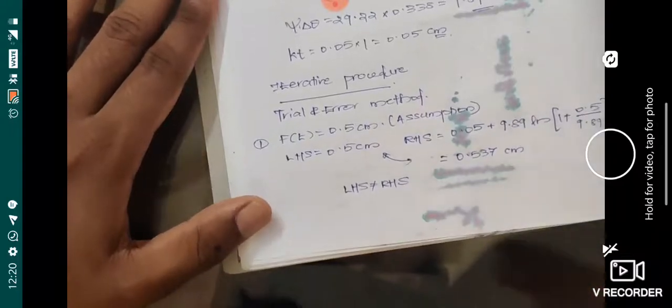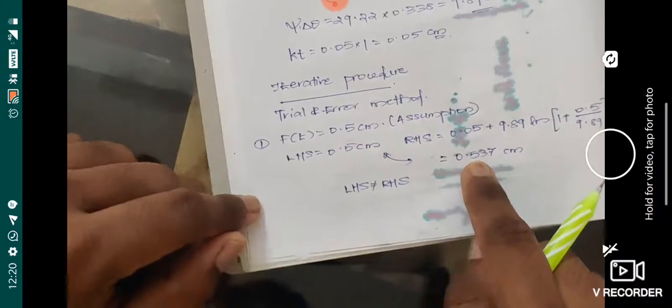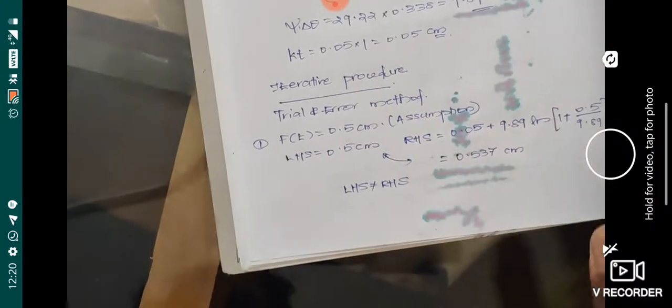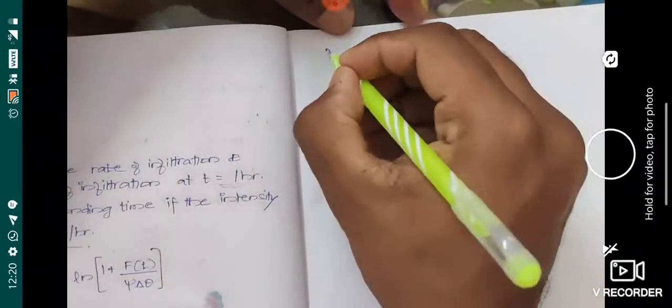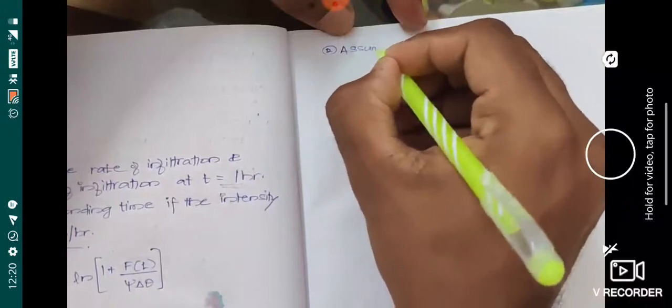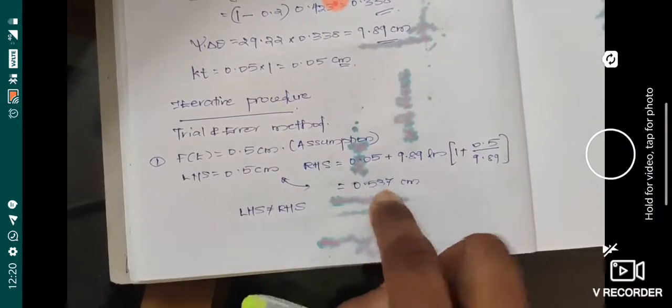So what you have to do is you can change it. So you can change the value, isn't it? Either you can substitute the value to be 0.53, but for doing it in an easy manner, in the second iteration, I'm assuming... Actually, what you have to do is substitute this value 0.53, because whatever new value you get, you have to take that value. But here what I'm doing is just to know whether the value lies between 0.5 or 1. I'm just checking whether the value of f of t lies between 0.5 or 1. I'm going for an easy method.